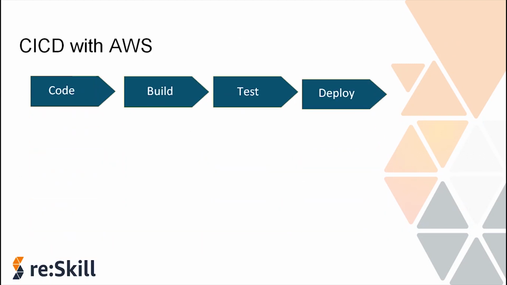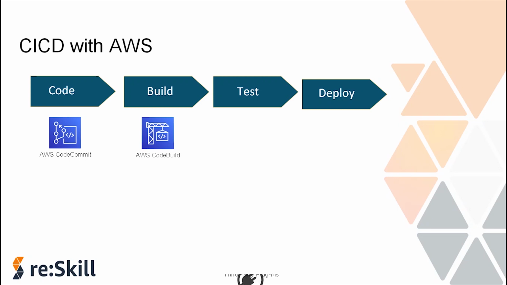Now, let's check how the CI/CD stack looks in AWS. These are the steps we can do in CI/CD. We can have a source repo where we can stage our code. For source code, we will use CodeCommit, or we can also use GitHub or any third-party repository. Then for building and testing, we could use CodeBuild, or we can also use a third-party tool like Jenkins. Now, for deploying the application, we will use CodeDeploy.